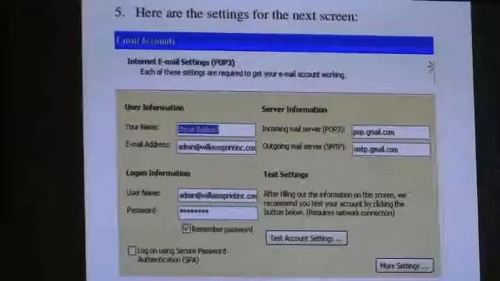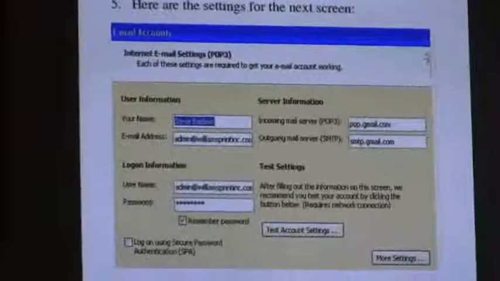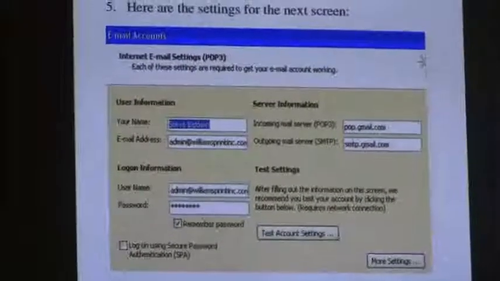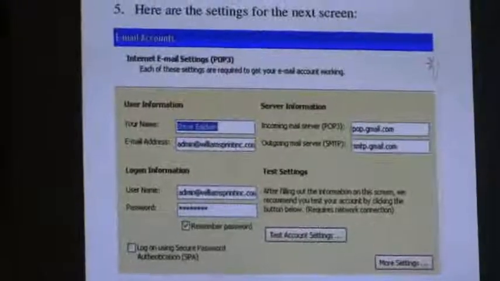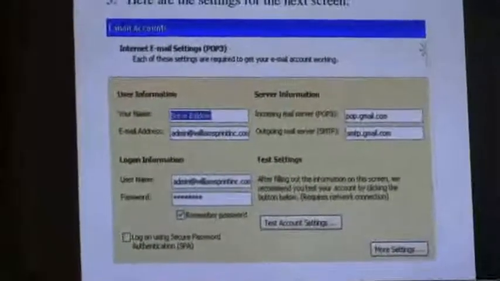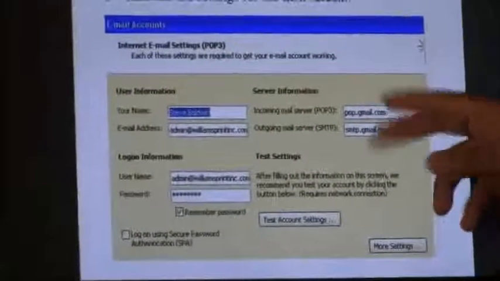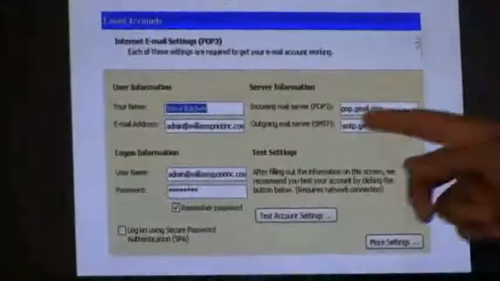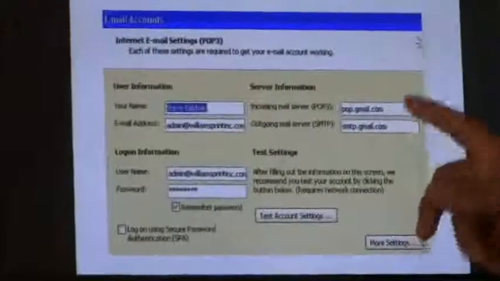POP3 is the incoming server for Outlook. SMTP is the outgoing mail server. So we put pop.gmail.com for the incoming mail server, and for the outgoing mail server, we put smtp.gmail.com.